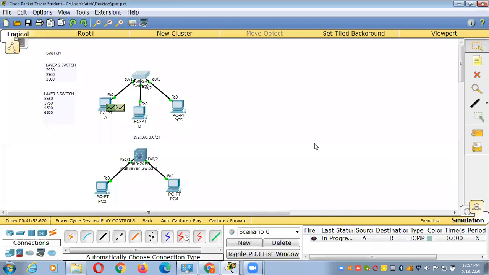Why? Because all interfaces will be in VLAN 1. So if the traffic is forwarded to all interfaces because you have only a single VLAN, can I say that the switch has one broadcast domain?